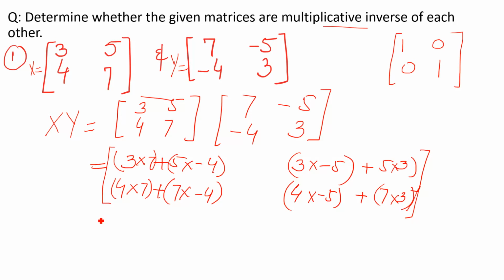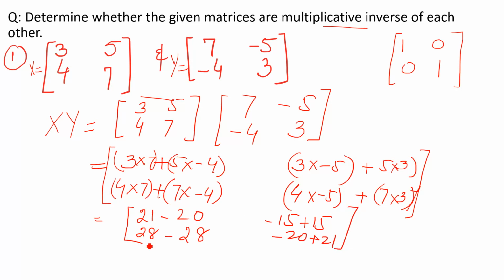Okay. So now we will write down 3 multiplied by 7, which is equal to 21 minus 20. This is 28 positive, 28 negative. Here is -15, positive 15. This is -20 plus 21. So see, 21 minus 20, which is equal to 1. This is 0, 0, 1. So see, yes, these are the multiplicative inverse of each other. We multiplied these two matrices and the answer is the unit matrix or the